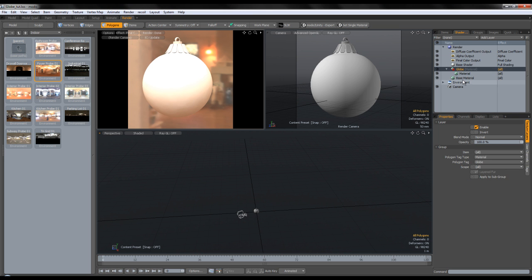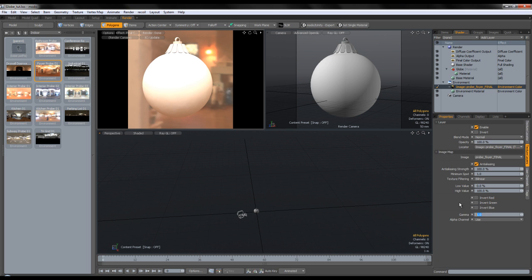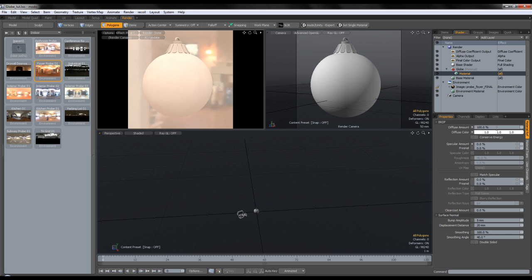Okay, and I'm gonna make sure that the gamma is set to 2.2, because if it's set to 1, we're getting too harsh lighting. So gamma 2.2. If we set it to gamma corrected, we're getting even harsher lighting. So that's why it's set to 2.2. Okay, so we're gonna set this to 80%, and we're gonna add